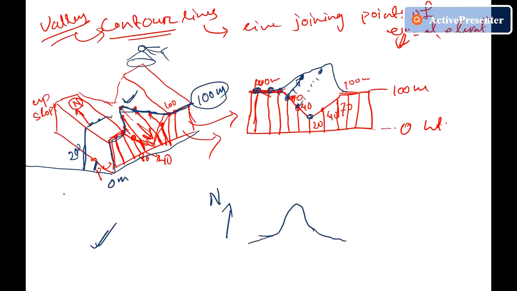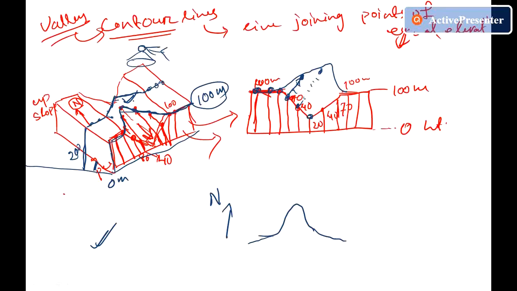If you go straight here, you will get an elevation drop. If you have to get 200 meter, you have to move slightly upstream, then again upstream, then again upstream, like that. At the central part you have to go up. Then similarly from here, 200 meter, these are all points of 200 meter. Then to get 200 meter you have to go up like this, right? So it will show